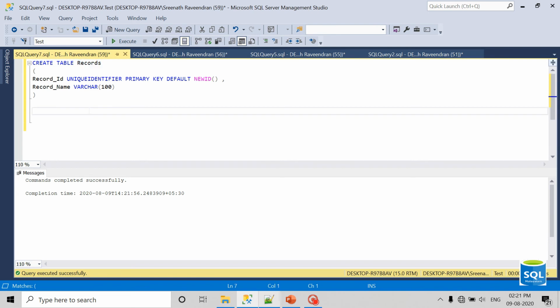Let's get it created. Now try to insert a value and see how these records are getting inserted into the table. Record name, we don't need to specify the record ID because a default value is set.